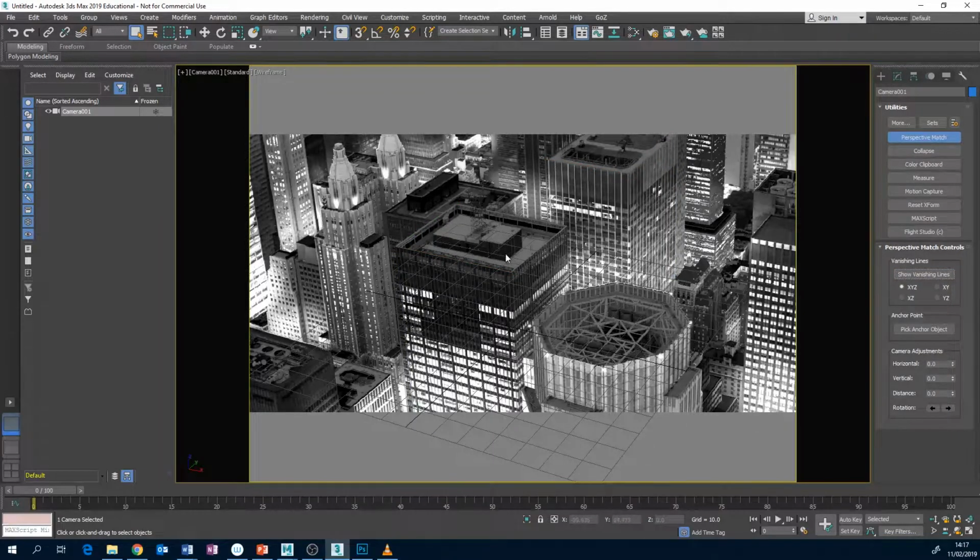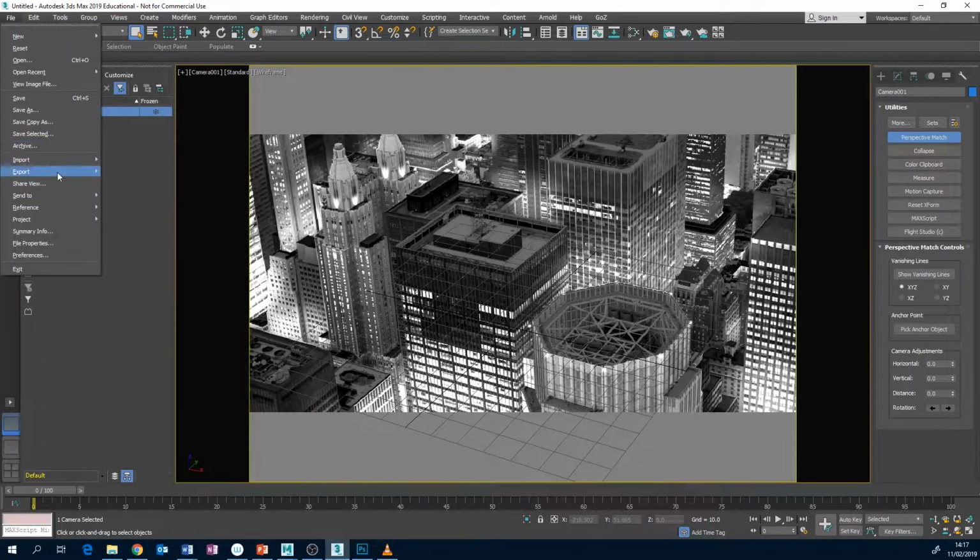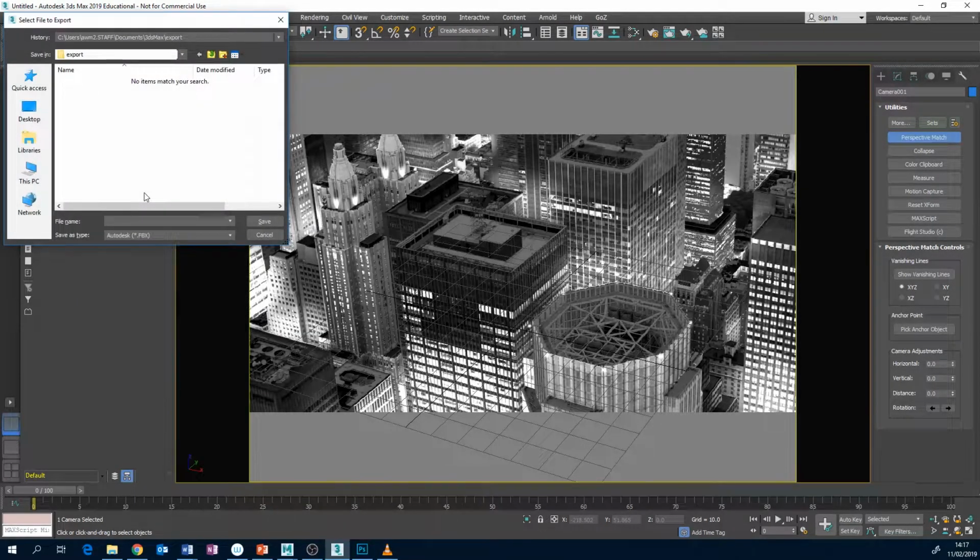Right, we've got the camera now from Max. Now we need to get the camera out of 3D Studio Max and into Maya and start modeling these buildings. Make sure you've got your camera selected in Max. And the next thing you want to do is go to File, Export, Export Selected,